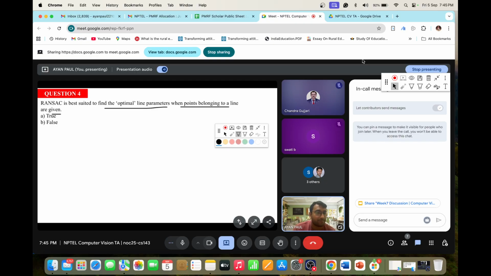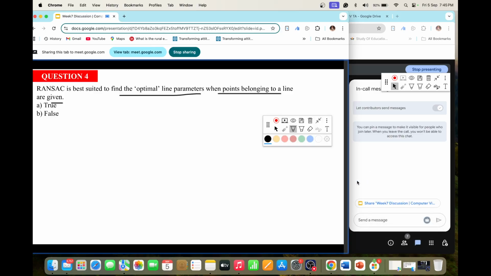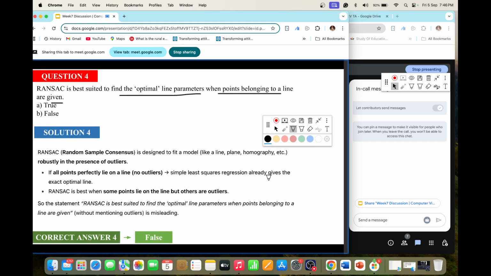Can anyone tell? True or false? Okay, why is RANSAC used? Because of outliers. Okay, if we have to handle outliers, or if so many outliers are there, then we use RANSAC. Okay, so actually it is false. RANSAC is designed to fit a model robustly in the presence of outliers. If all the points perfectly lie on a line, if we do not have outliers, then we can